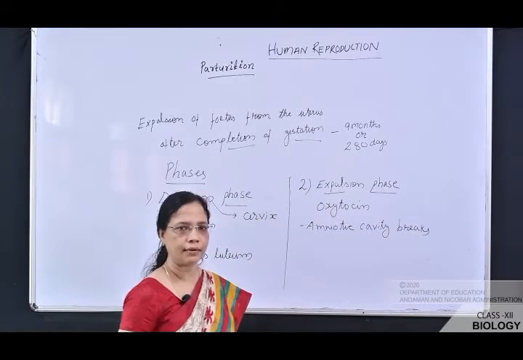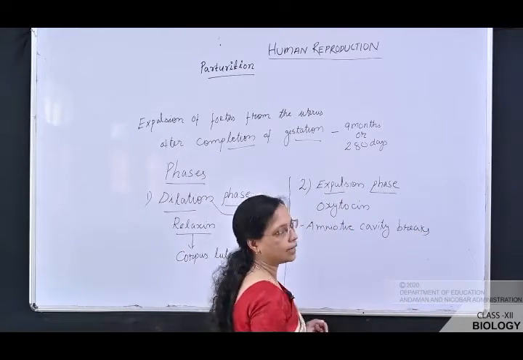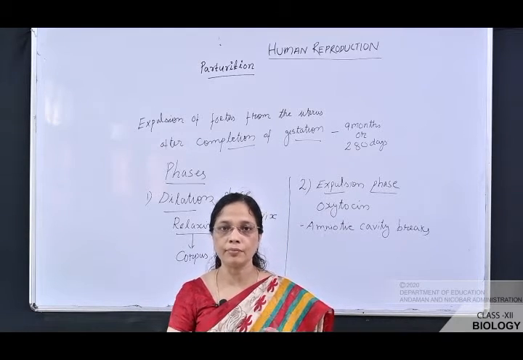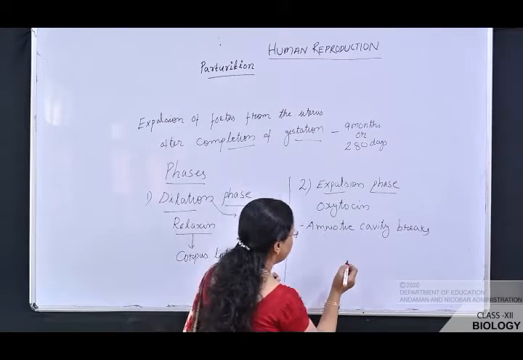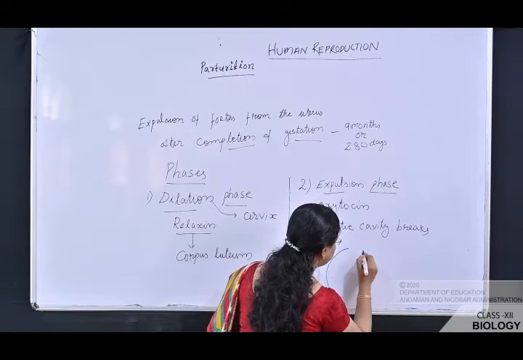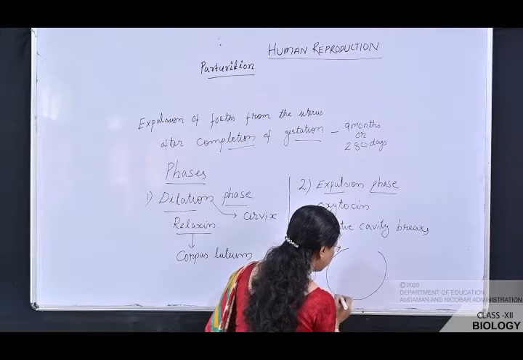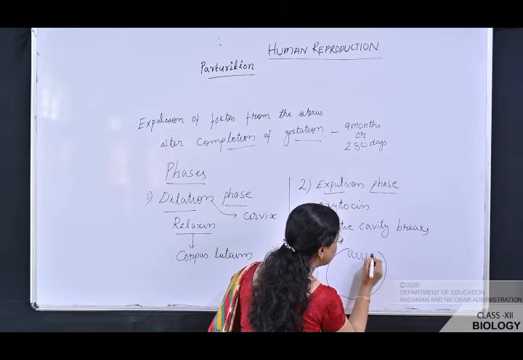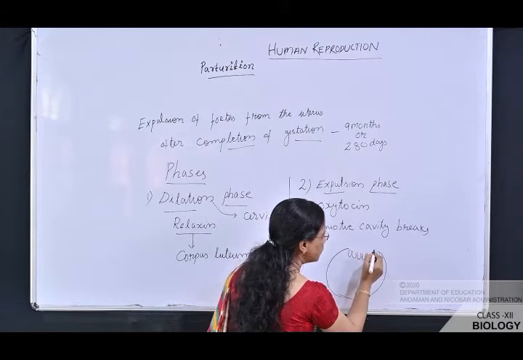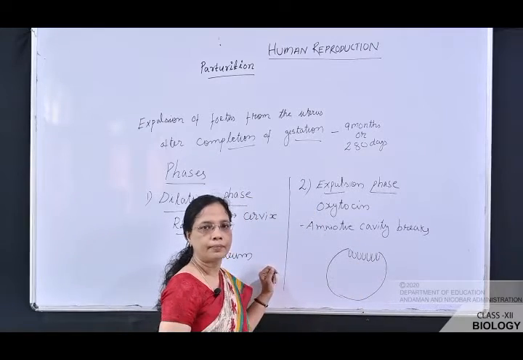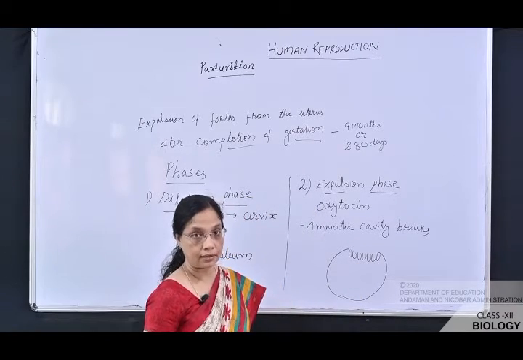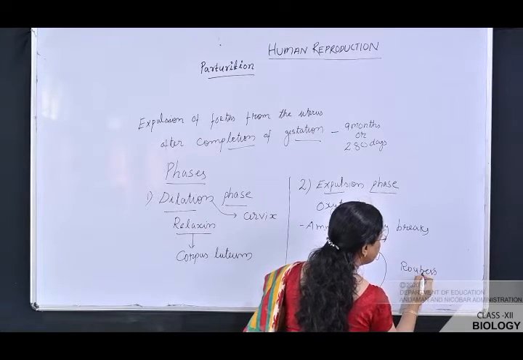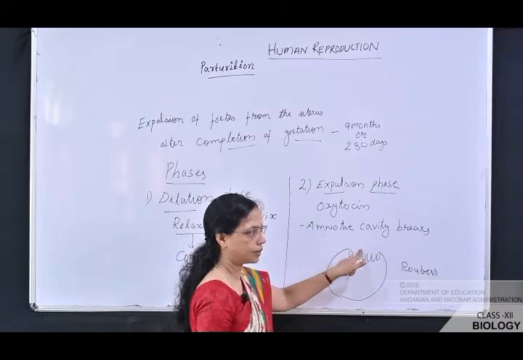What is this amniotic cavity? Children, if you remember, in the last class we studied embryogenesis, or the formation of the different germ layers. So let me draw this diagram. This is the disc-shaped embryonal disc. Here you can see a cavity which is formed by the degeneration of Rauber's cell. That is the Rauber's cell, which is degenerated and a cavity is formed.